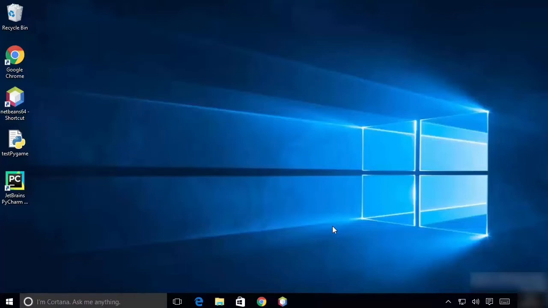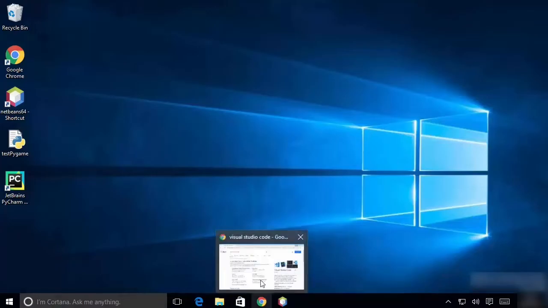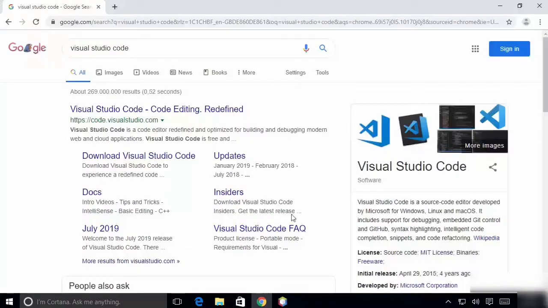Hey guys, in this video I am going to show you how you can download and install Visual Studio Code on your Windows operating system. So let's get started. To start with, just open your favorite browser and search for Visual Studio Code, and the first link which will appear here will be from